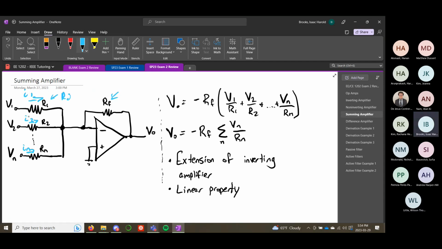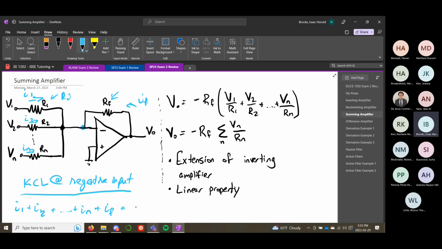To solve it, you would do the same thing, where at this node, instead of just having those two currents, you would have I1 plus I2 plus all the way up to IN